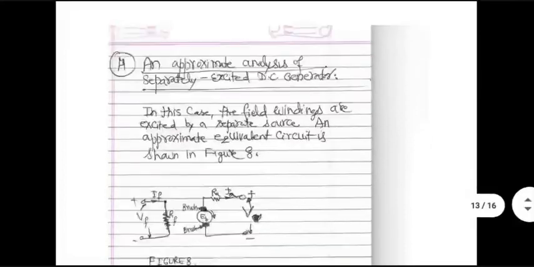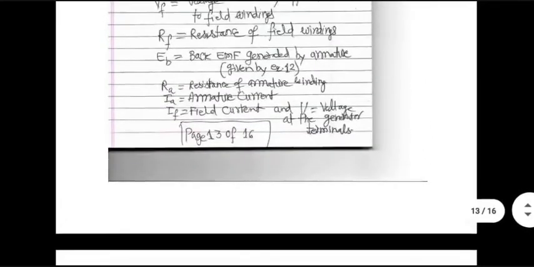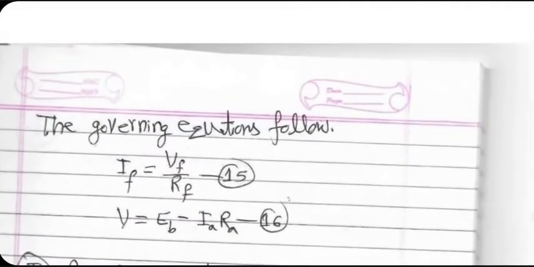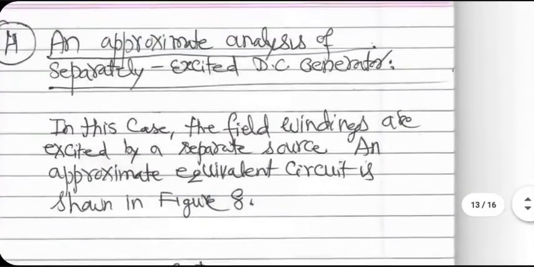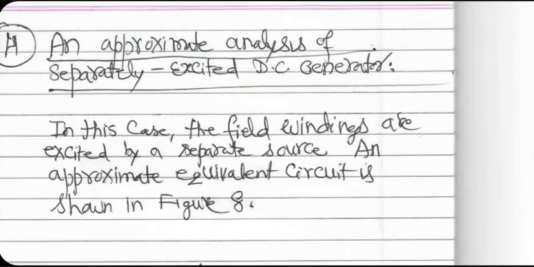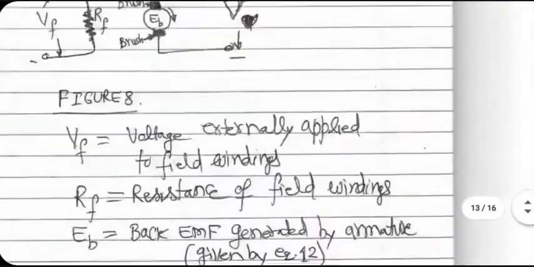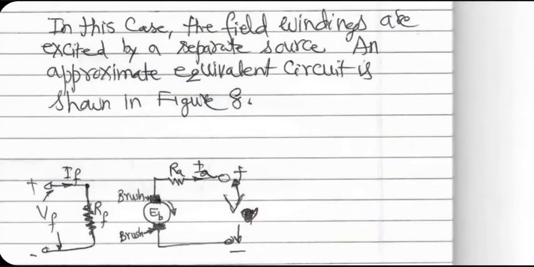Anyway, coming back to the separately excited DC generator. The equations that we need to use are here, fairly straightforward, based on simple circuit theory applied to the equivalent circuit shown here. EB and VF are totally independent of each other in this case, because it's a separate excitation. It's a two voltage equivalent circuit here. One of them is EB or V if you want, and the other one is VF.